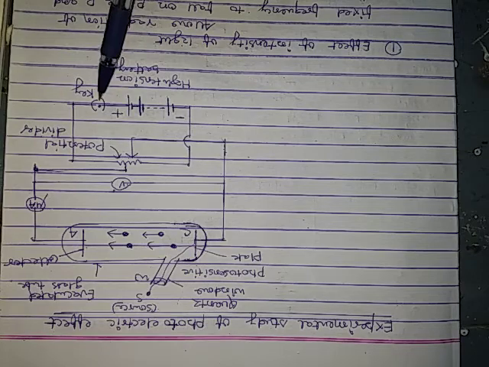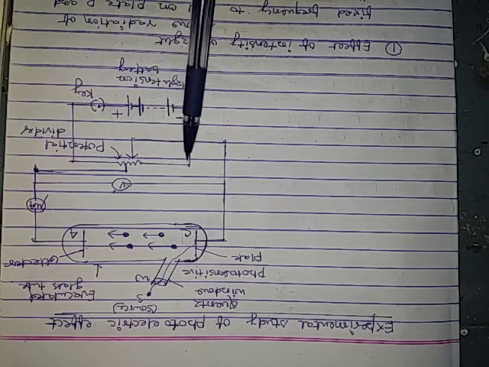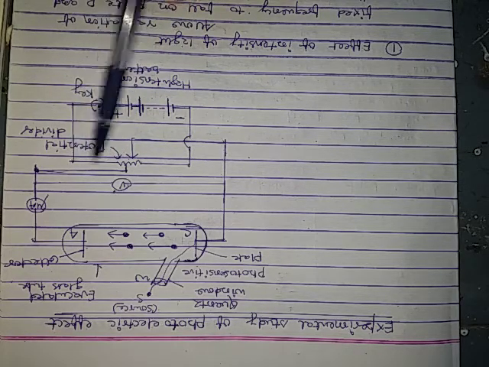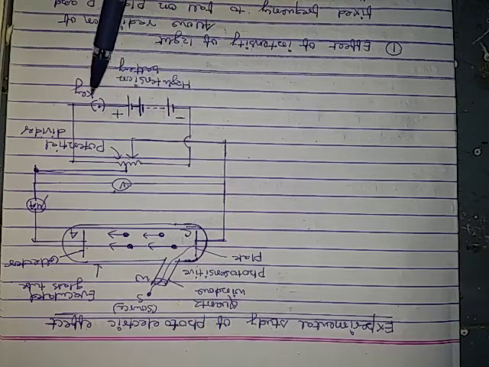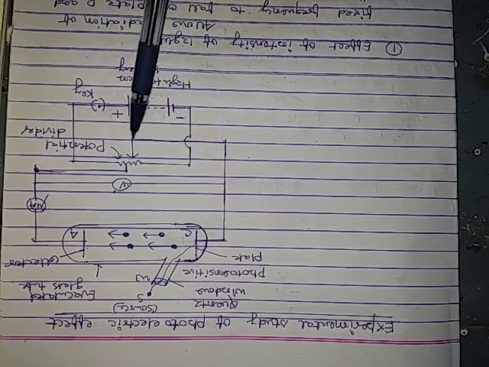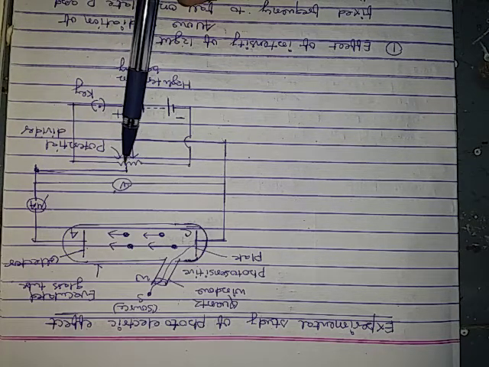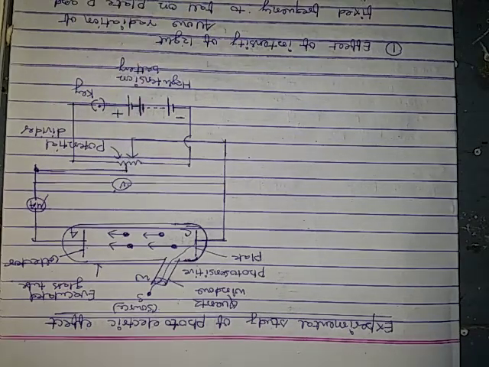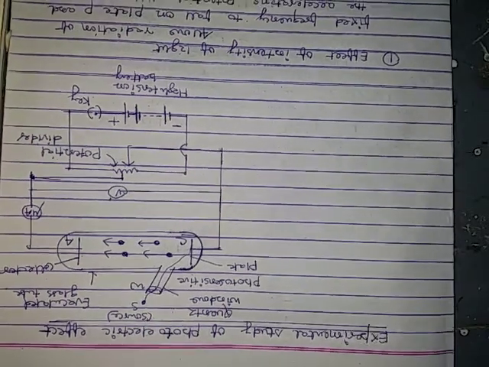It contains a key and a high tension battery. It is a very simple diagram. A low resistance is connected across two ends, and at its other two ends a high tension battery and a key are connected. This circuit is called a potential divider. One side of the cathode and one side of the anode are connected with the potential divider. Between the cathode and anode, a voltmeter is connected, and a milliammeter is also connected.